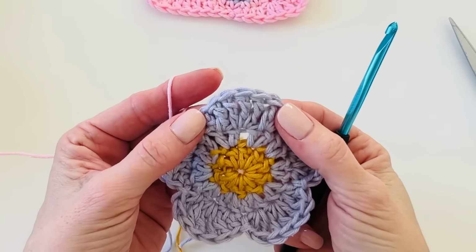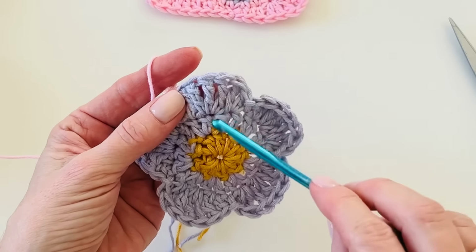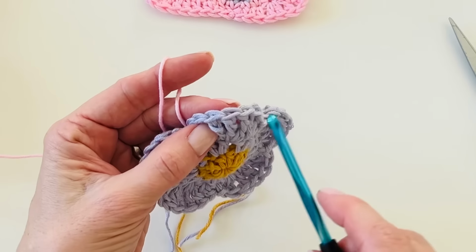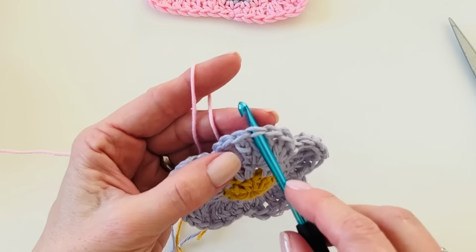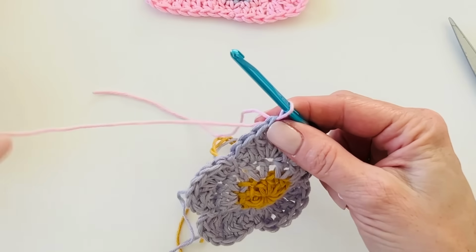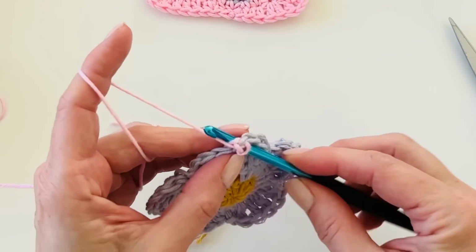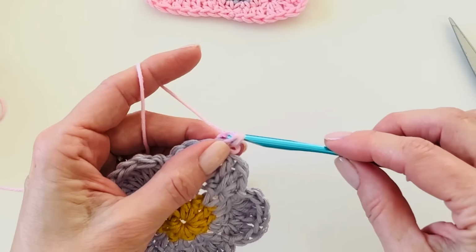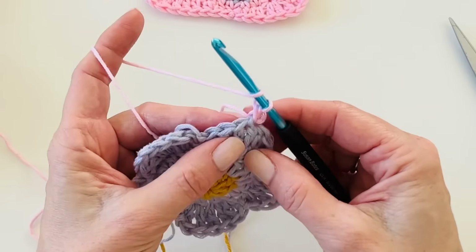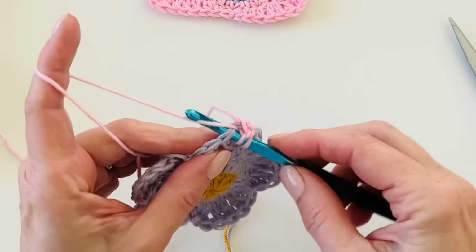Okay, so you're going to want to pull up a loop in any of the petals, but you want the middle. So remember the 3 trebles that we worked. You want to insert your hook underneath the middle treble crochet right there. Pull up a loop, chain 1, and single crochet into this very same stitch. Now in the next stitch, we're still always working in the same direction. Let's work half double crochet,